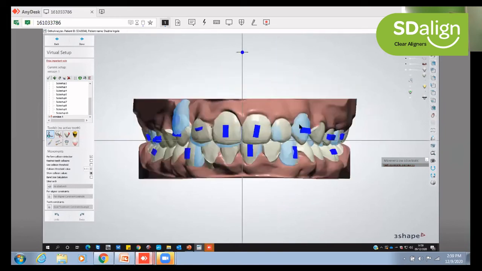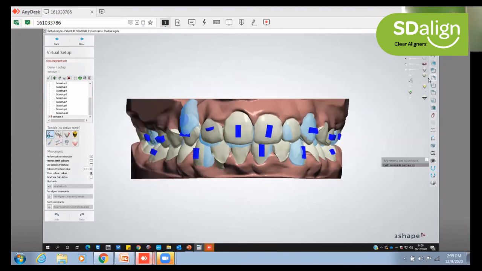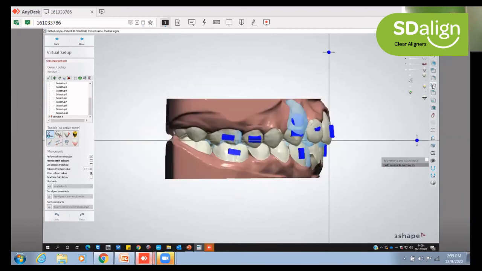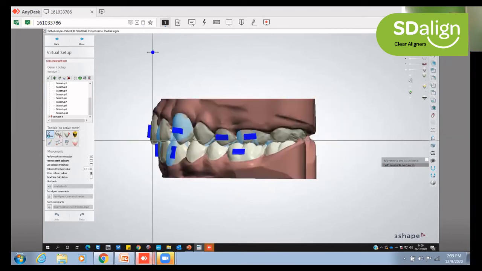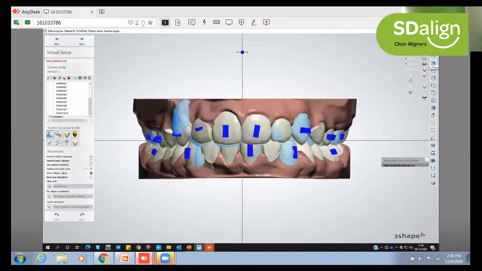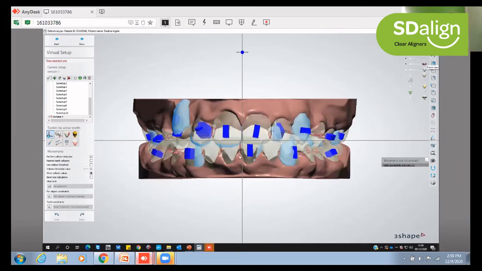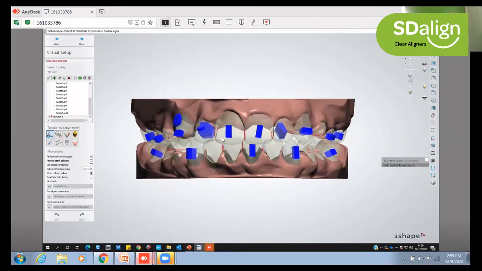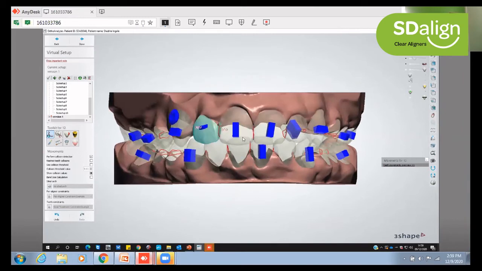The front, where the blue represents the pre-treatment position and the white represents the corrected position. So we share the front, the left, and the right. So we'll also show you a report. How does a report look? So what I would like to do is take a minute now, and we also share the heat map. So what do I mean by that? What I mean is how tight the contacts are between the two teeth. That is represented by the red zone.